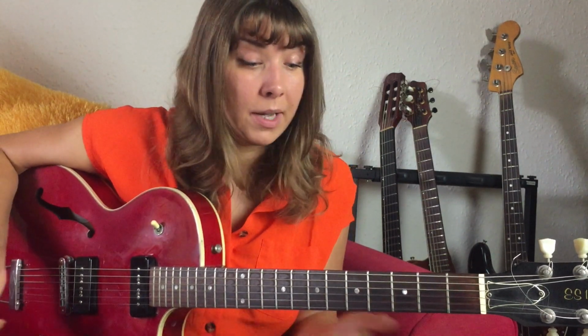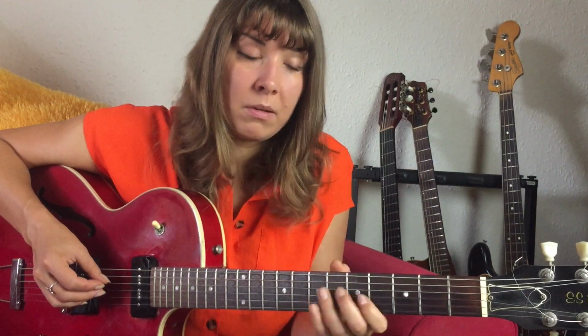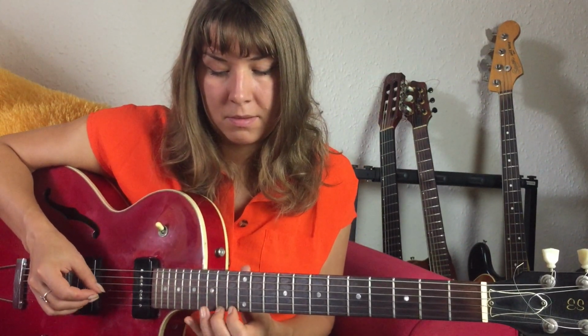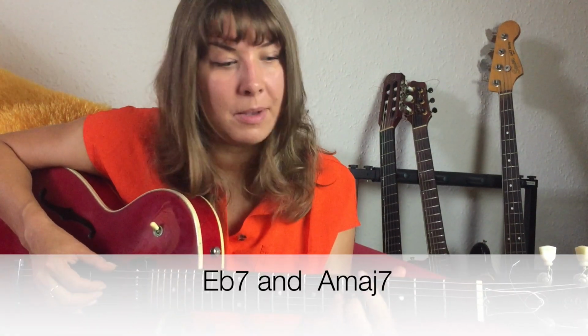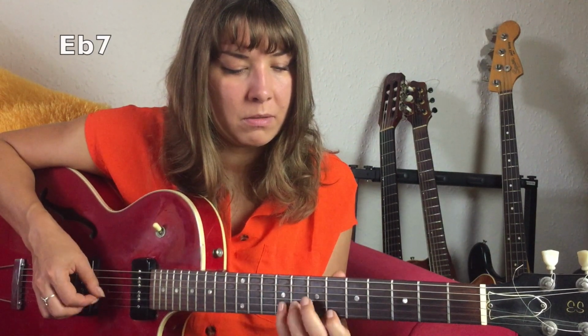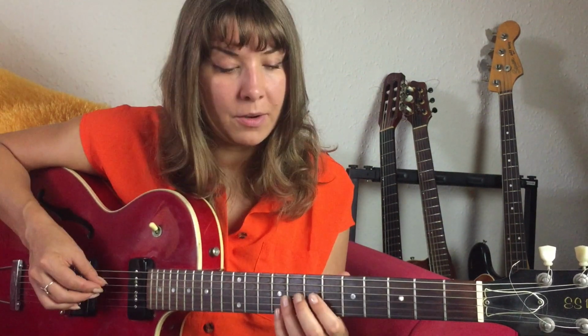That's another example. That's the example. So that was just a few examples for the first 2 bars. So the next 2 bars are E flat 7, A flat major 7. So the arpeggios. And then, so,